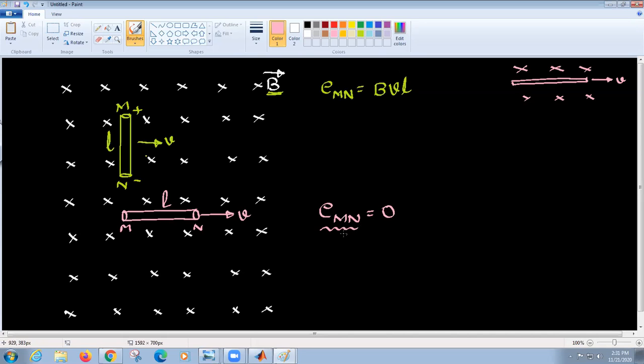Very good. It's 0. Yes, you are correct, almost equal to 0. That depends upon the thickness of the conductor, because in this case the conductor is not cutting any magnetic flux. If I take a very small thickness of the conductor, it will never cut any flux. So in that case, the induced EMF is equal to 0. So in this case, what's going on?